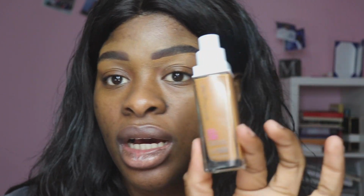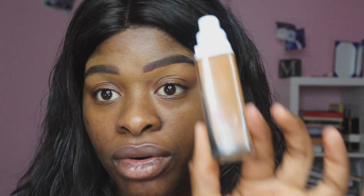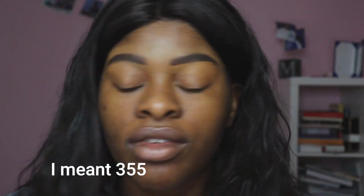I'm not gonna stress about eyebrows like that, because I don't like using concealer around the rim of my eye, just because I don't like that. I've never really liked that harsh outlined brow. I use a foundation instead, and the foundation that I use is the Maybelline, it's the same foundation. I have two of them, except this one is the shade 340. It's a lot lighter than my normal foundation,